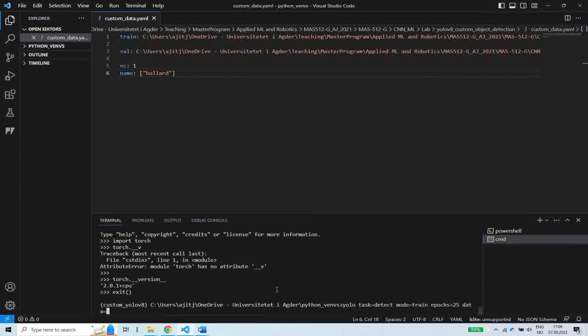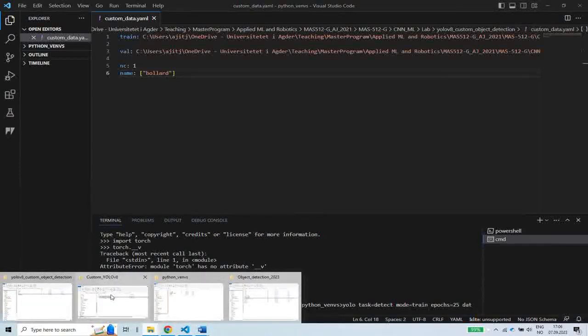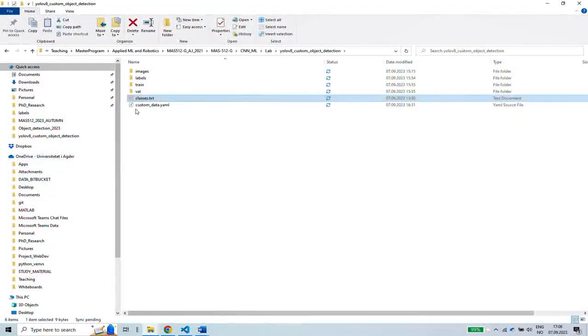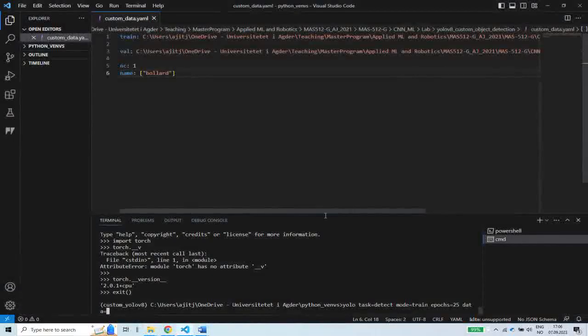And this data is the file that we have here, custom data.yaml. And model is equal to YOLO